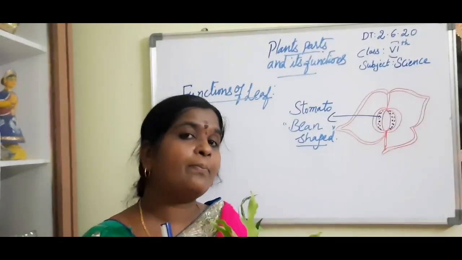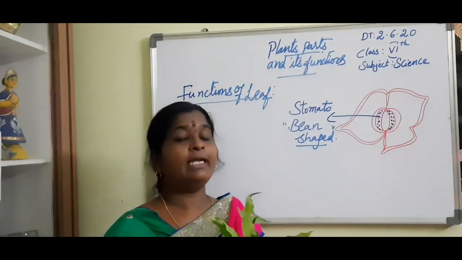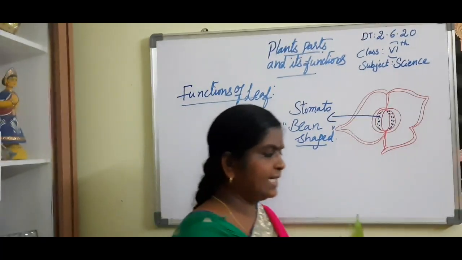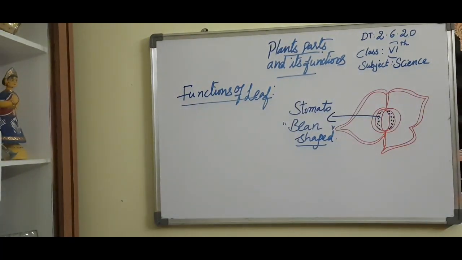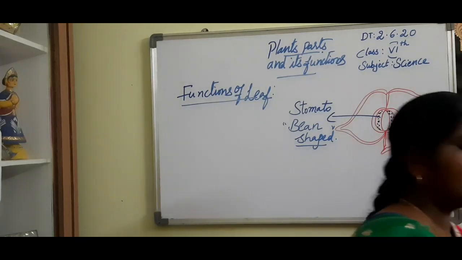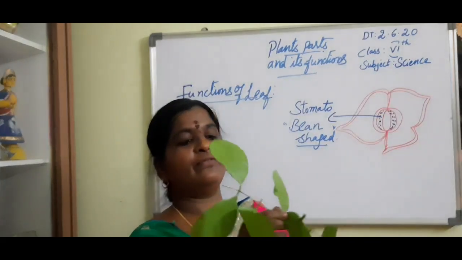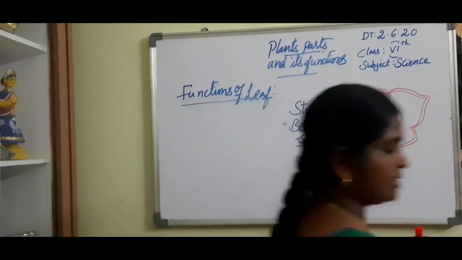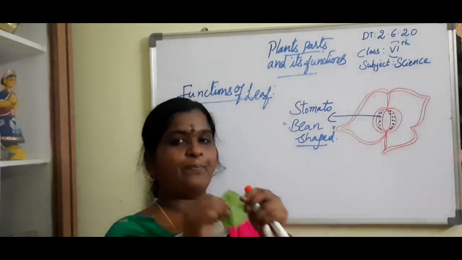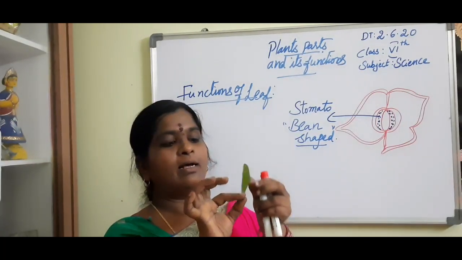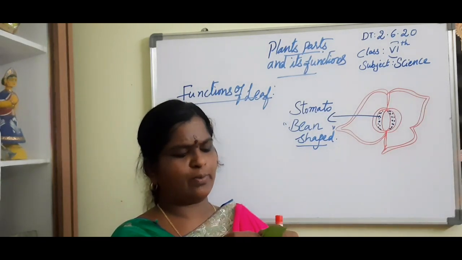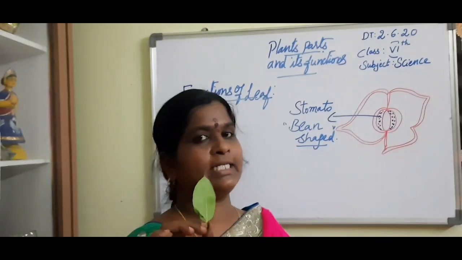Which part of the plant acts as a nose? In order to know that, take any type of leaf. See, I am showing another example. Take any leaf, any part of the leaf. See, I am taking one leaf from this plant. Okay, understood? So this leaf, you remove the outer layer. Do this experiment at your home. Under the microscope only it is visible.